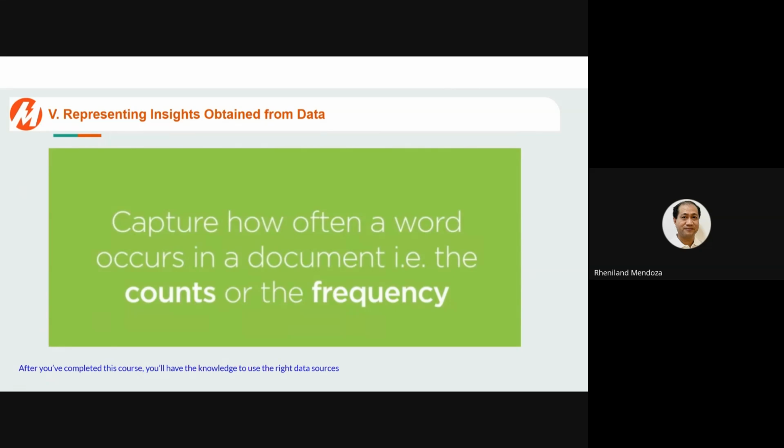Frequency-based embeddings using count frequency is just a little bit of an improvement over one-hot encoding. This also captures how often a particular word occurs in a document. So instead of using 1 and 0 to represent the presence or absence of a word, we'll say 2 if a word occurs twice in a document, or 3 if it occurs thrice, 3 times. These are the counts or the frequencies.